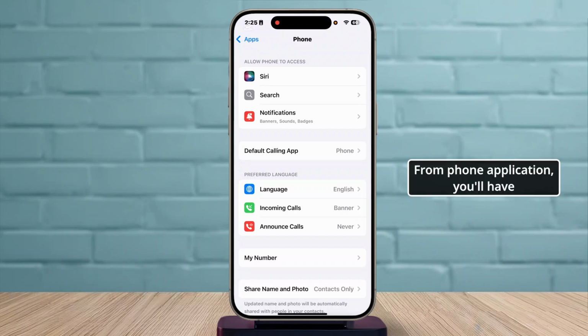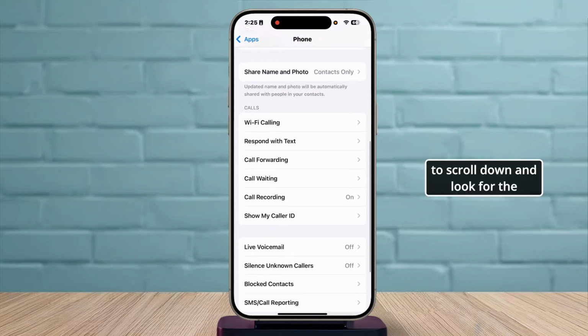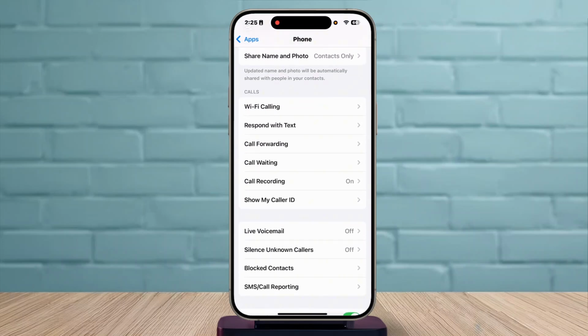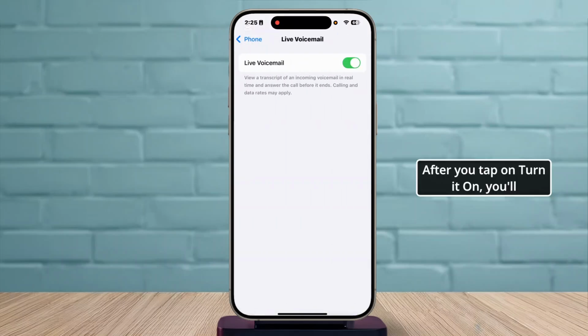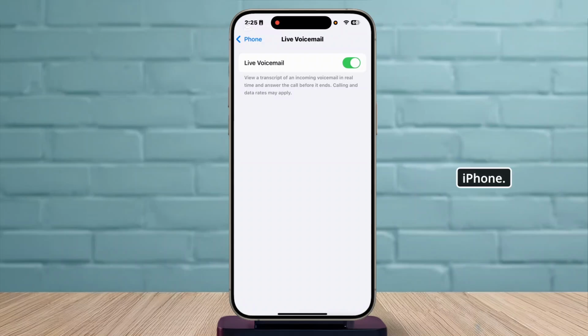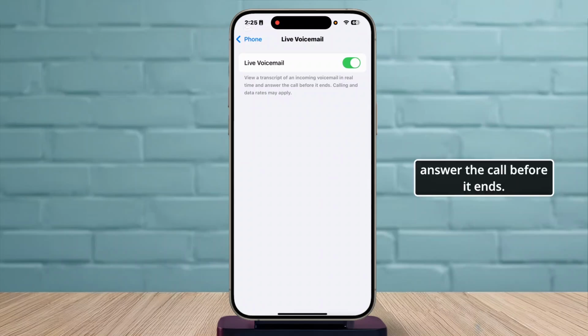From the Phone application, you'll have to scroll down and look for the option Live Voicemail. Simply tap on that. After that, simply tap and turn it on. After you turn it on, you'll be able to use the live voicemail feature on your iPhone. After that, you can simply view a transcript of an incoming voice call in real time and answer the call